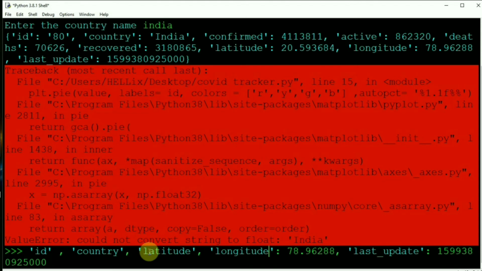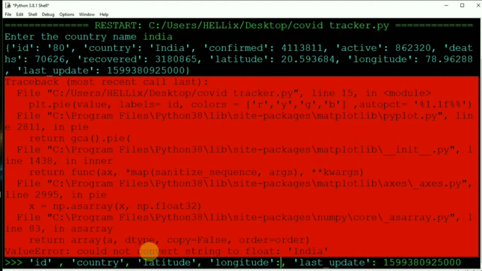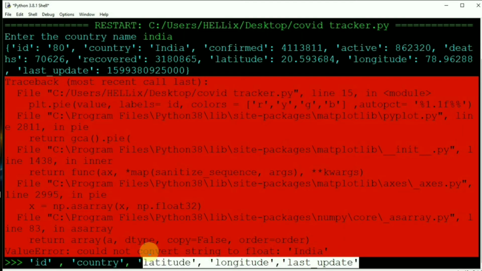How we will remove the values from the dictionary is going to be very easy. We'll use a for loop for that. Let's just remove them first. So we have to remove these five things. So just cut them.